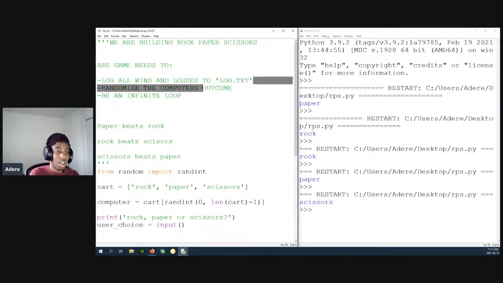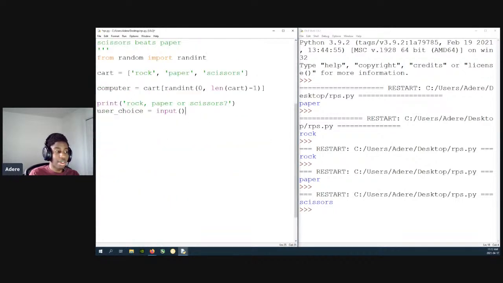And then honestly, now we're going to skip the part about logging. Remember, we also have to log all the wins and losses. So we're going to skip that for now, and we're just going to do the actual game. So we have user choice as well. So we need to compare the user choice. The first thing that comes to mind is that we can compare if the computer and the user choose the exact same thing. So I can do something like this. I can say if,